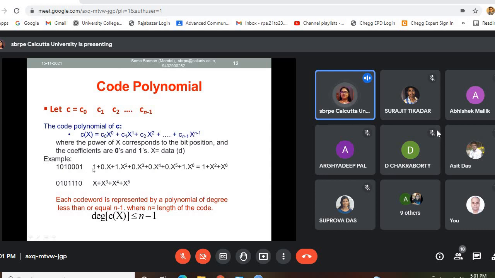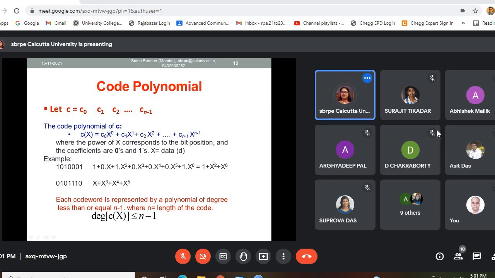So x to the power 0 is 1. This is 0. This is 1, x square. So ultimately you are getting 1 plus x square plus x to the power 6. So this code word can be represented in polynomial form this way. And when you are representing this code word in polynomial form, you can easily implement it by means